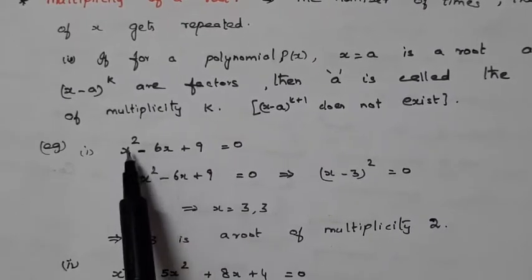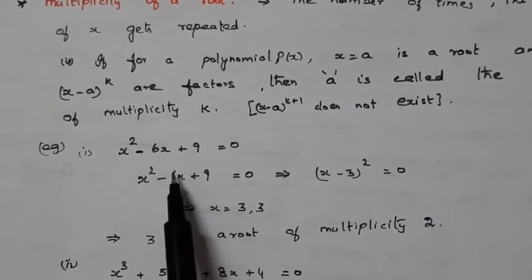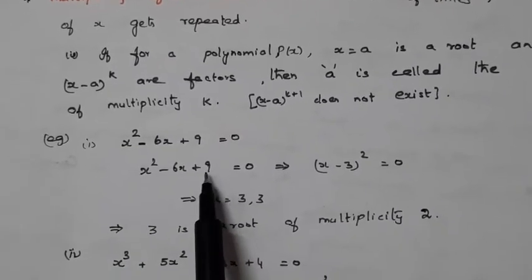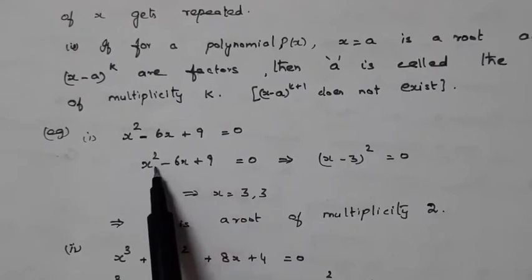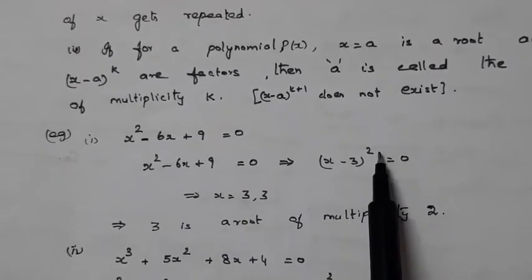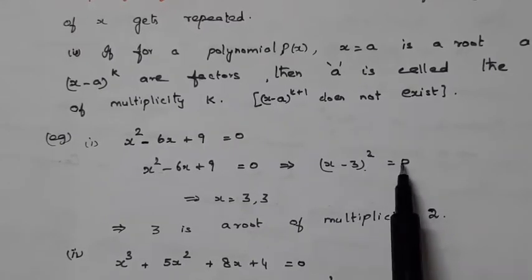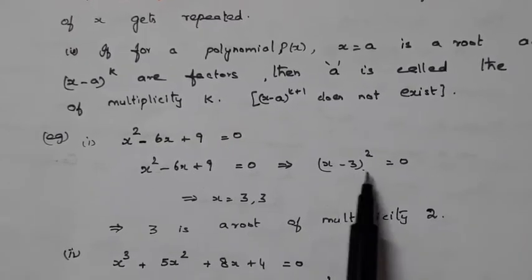So how to get the value of x? You have known it in your 10th standard. Just by factorizing it and equating it to 0, we can get its value. That is the solution. Now, we can factorize this as x minus 3 the whole square. As it is equal to 0, x is equal to 3, x is equal to 3.